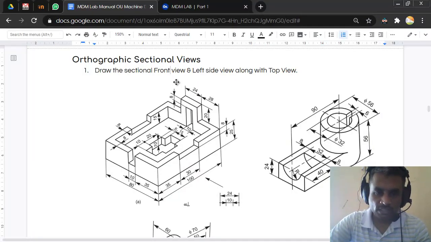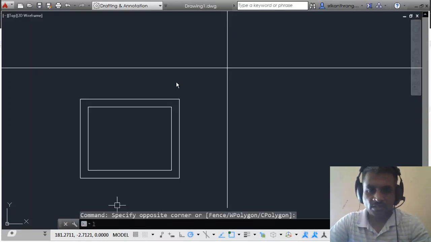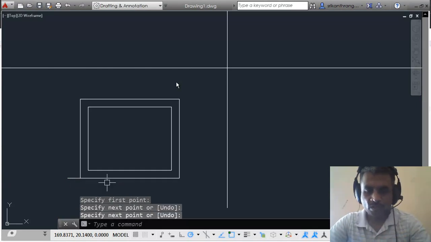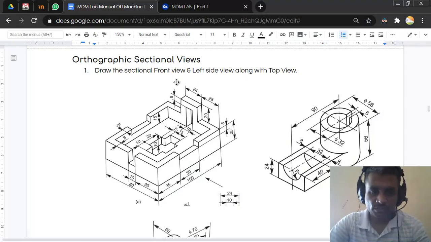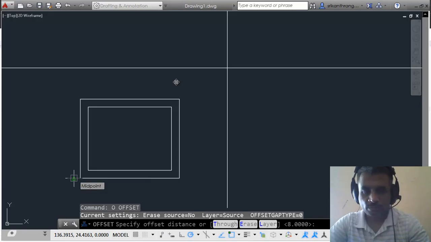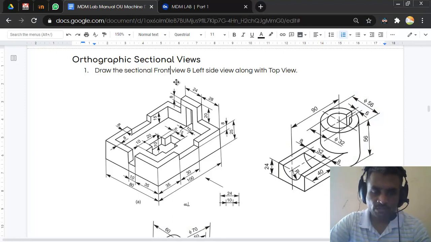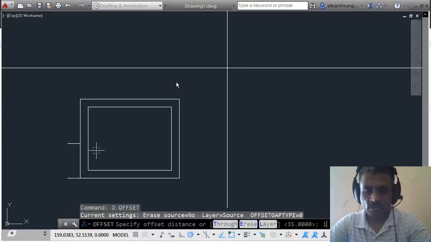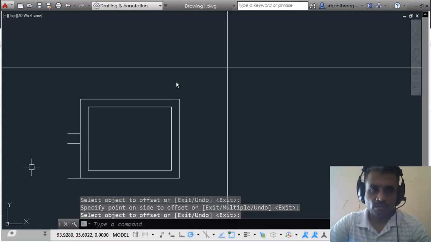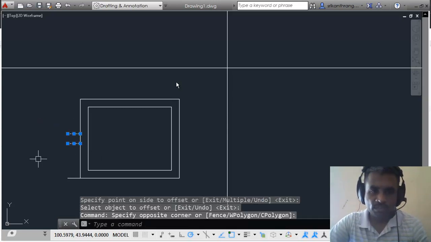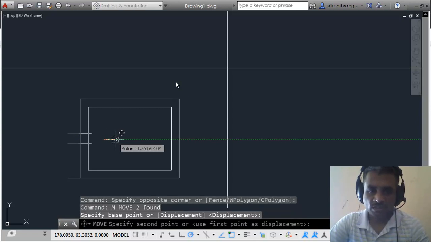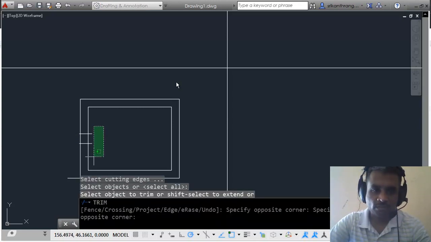But here we see that we don't need that particular boundary for this 10 mm, and that we are going to do now with the offset command again. So I'll take a temporary horizontal line, and I'll offset that by a distance of 35. So offset 35 in the upper direction, and then again we need an offset of 10. So offset, I'll need a distance of 10. Fine. So having created this line, I can just move this line on the inside, or I can just extend it, and then I'll have to trim it off.